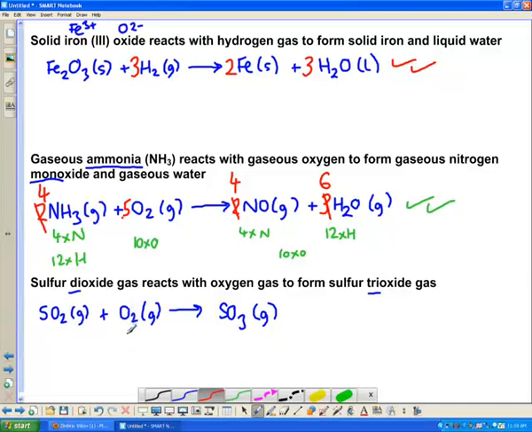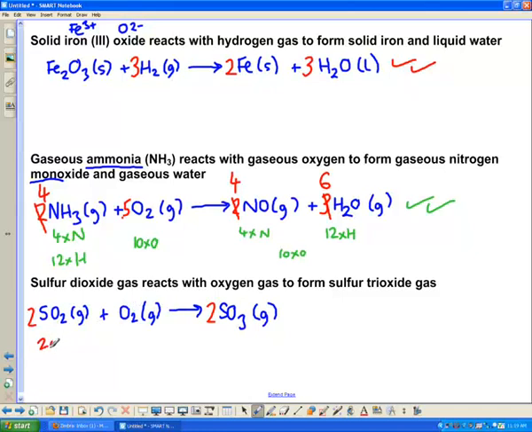So we're going to do a little bit of trial and error to figure out exactly what the best way to go about this is. All right. Let's just try it this way. If we had 2 of each of these, all right, 2 sulfurs, 4 oxygens, 6 oxygens, and we'd have 6 oxygens here. Notice all I did was I multiplied everything by 2 apart from the oxygen,